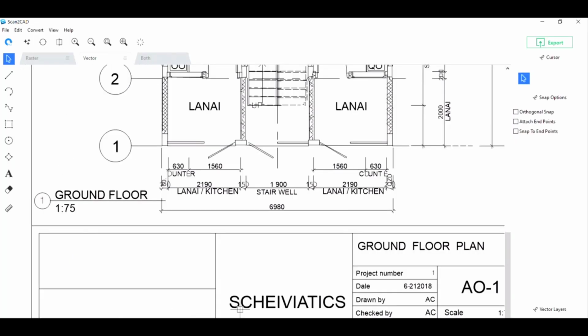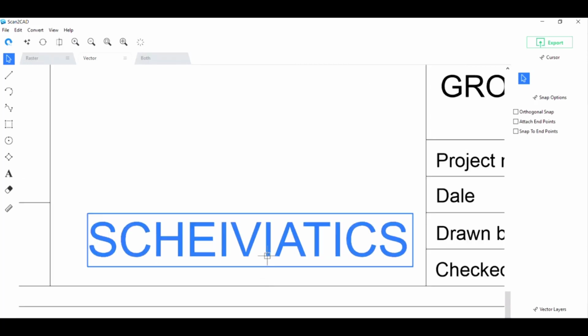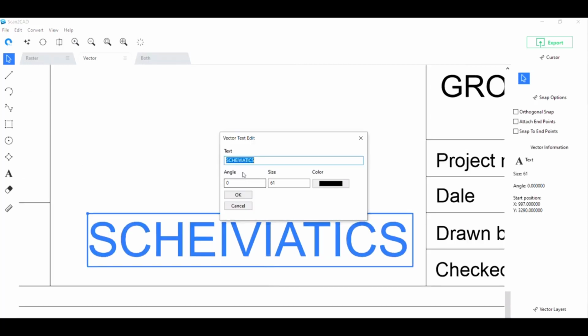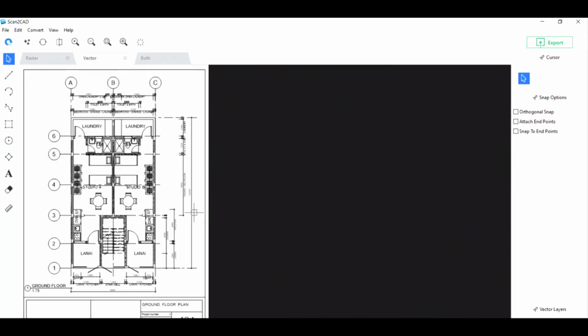And as for the text that we want to change, simply zoom in on them and then double click, and you can change them manually. Click on OK. Now that's pretty clean. Okay, you can do your edits here as well, but for any larger edits, for any major edits rather, you can actually just do that on your CAD program after we save this file. The last step is just to click on Export here on the upper right.